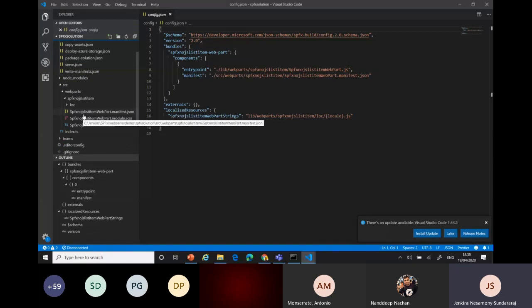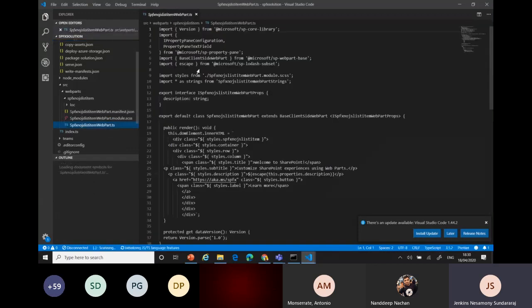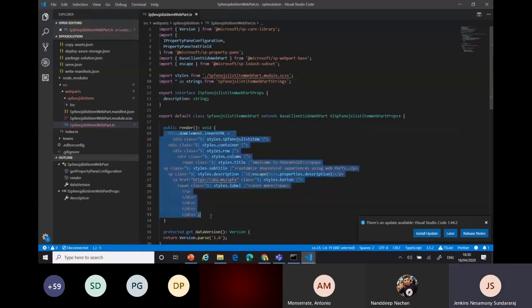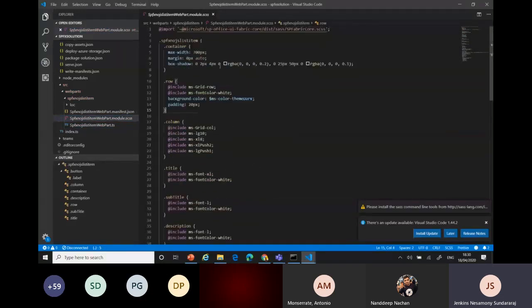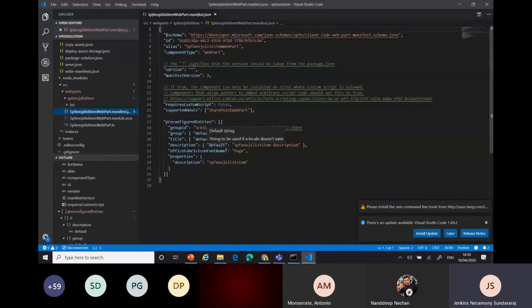If you are selecting no JavaScript framework, right, let's say you have the three files we created. By default, one comes like a basic output, the rendering with all these core, and we have the styling part. It creates whatever styles you have available, using the SP Fabric core. Okay, and one more thing is the JSON part. It's a configuration about the particular web part.